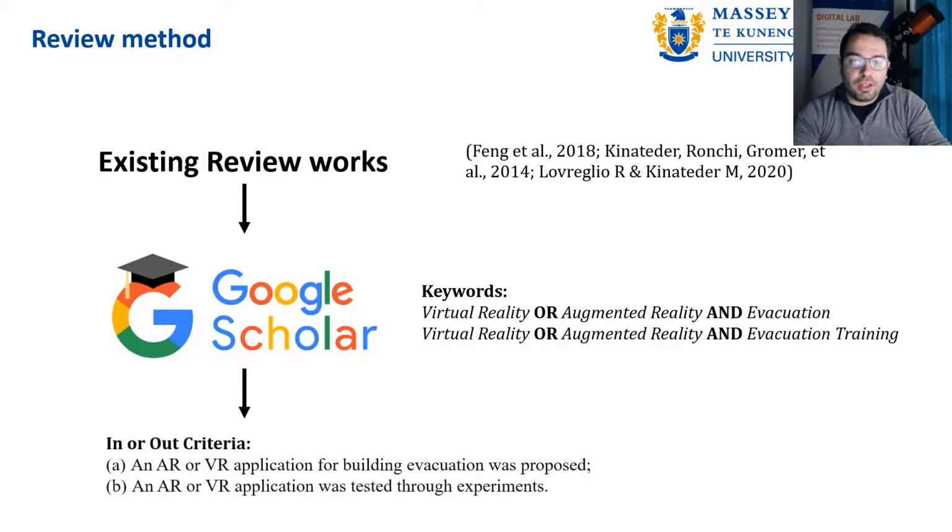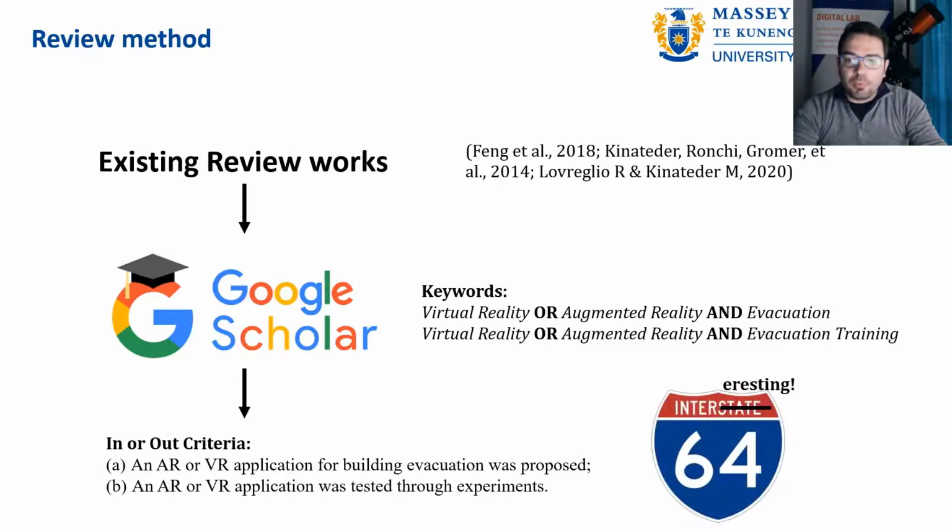And guess what? I managed also to define some criteria to say, okay, let's try to avoid old prototyping work and just keep things that have been developed and tested with people and see what the results are out of these studies. And I'm quite excited to say that I managed to find in total 64 journal papers that I'm gonna go through. No, just kidding, I'm not going one by one. I'm gonna today just give you an introduction and an overview of what has been done.